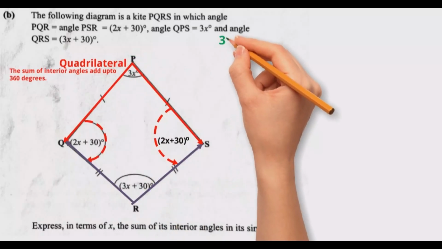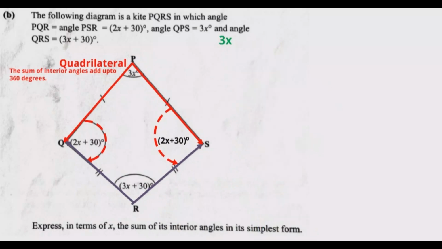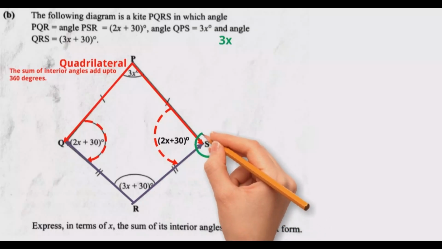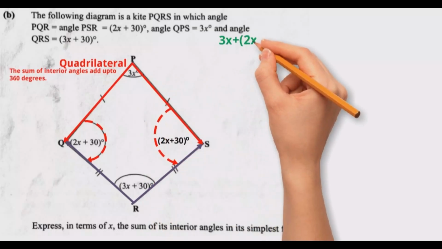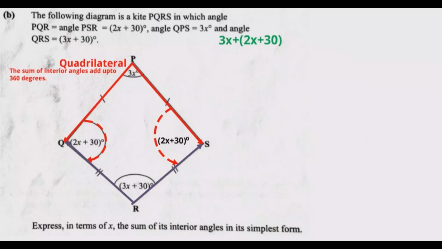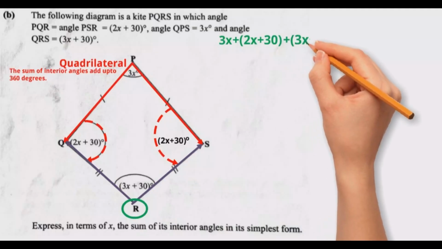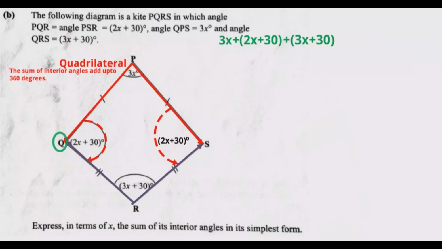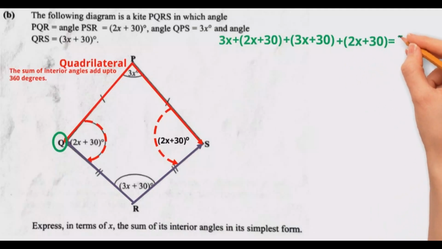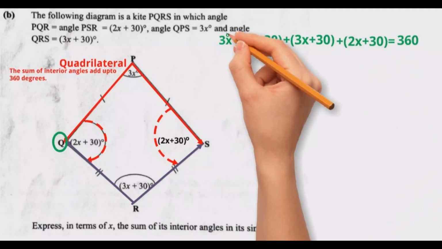So we write 3x degrees plus, then we come to the point S, we write (2x plus 30) degrees. Then we put that in brackets. Then we also write, we come to point R, where there is (3x plus 30) degrees. Then we come to point Q, then we also write (2x plus 30) degrees. Now, once we've written this, the next thing we're going to do is we are going to